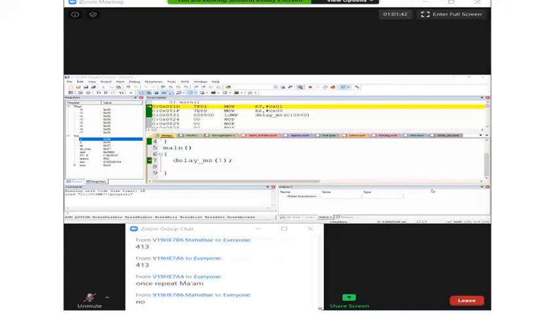1 millisecond means, yes, I'll repeat it. Here my intention is to check how long the processor is in the delay function, just to know how much time it has completed.